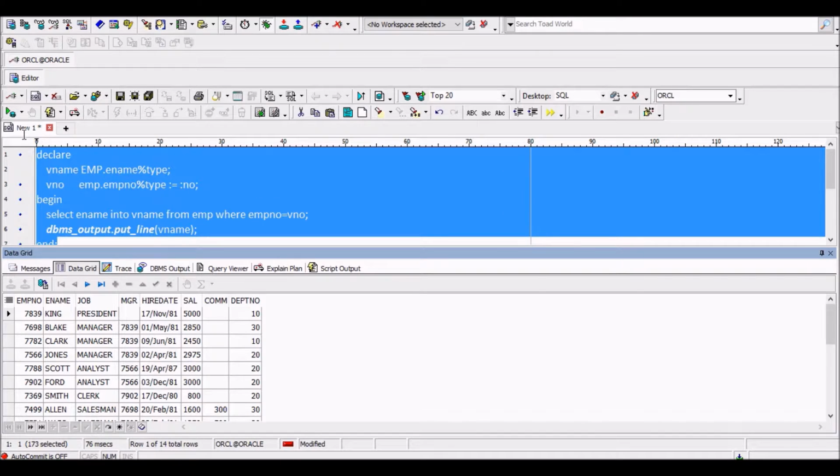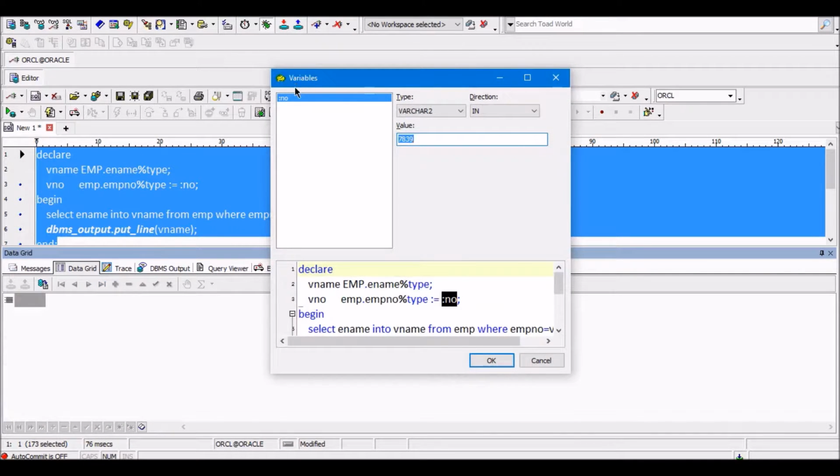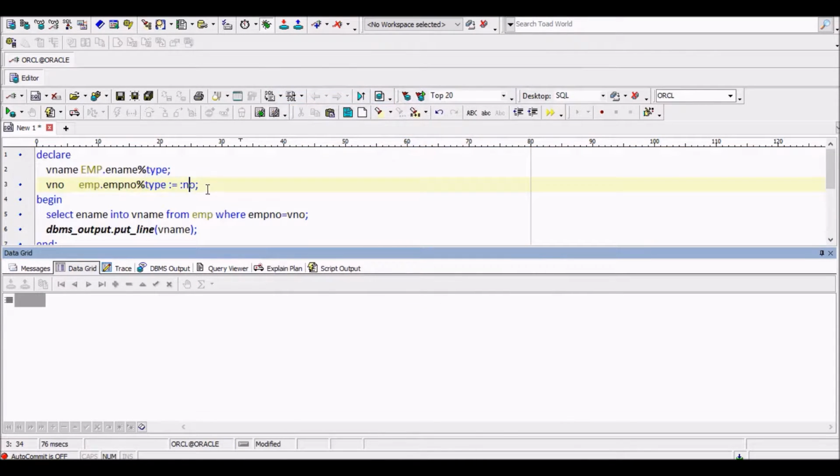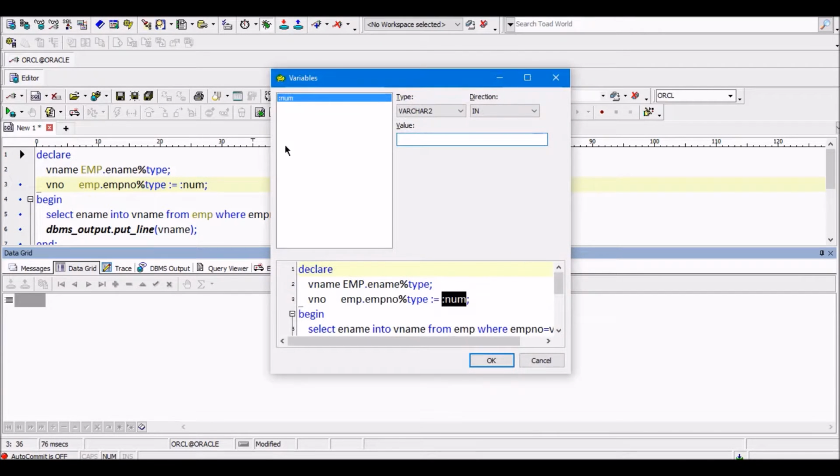So this is the parameter name, and this is the dialog box for the parameter. Suppose I change this to num, then what will happen? Before we could see the old name, now we can see num.